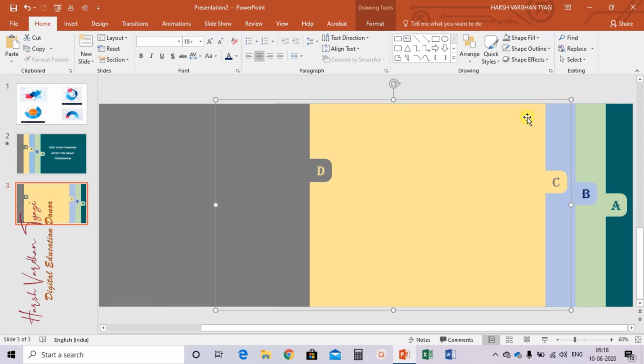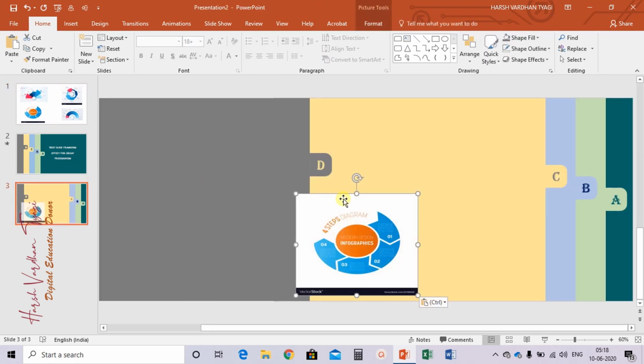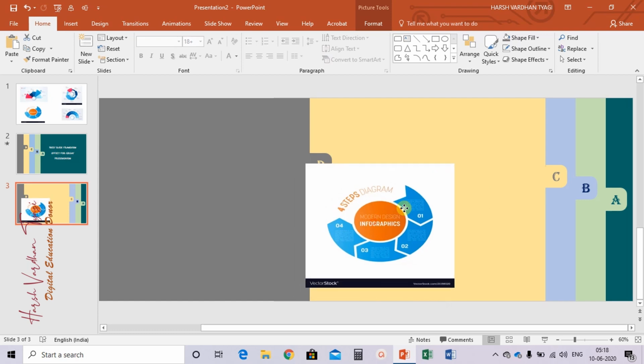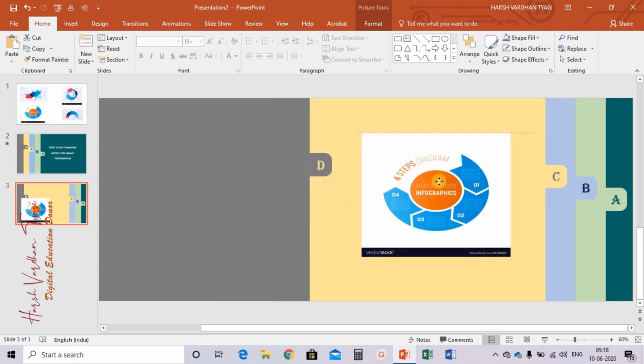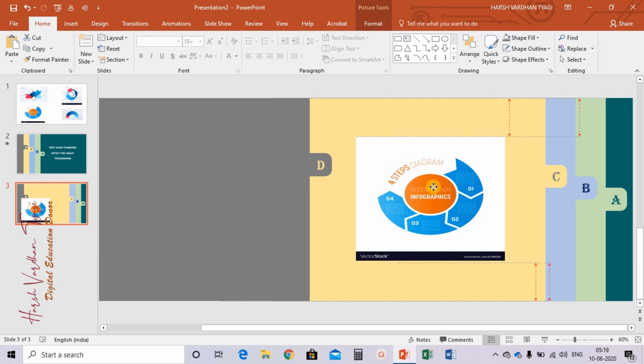Clear? Now go to the graphical option, select the third, paste it here, increase the size as much as you want and align it.